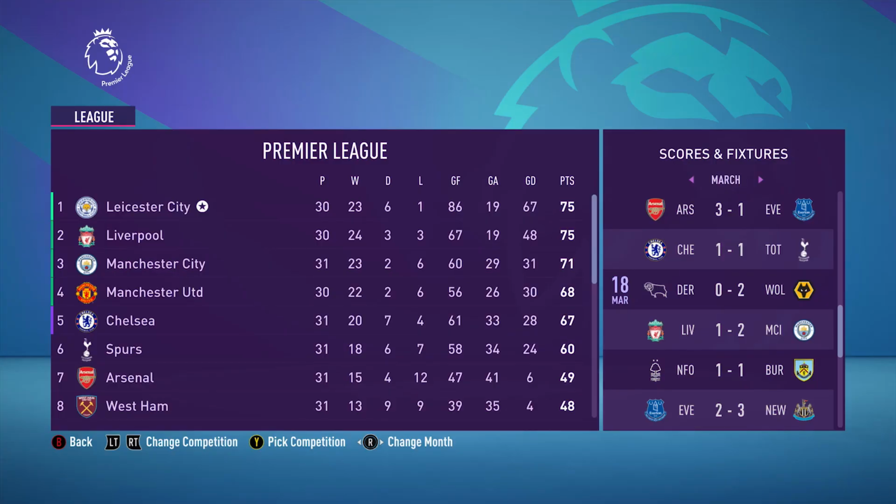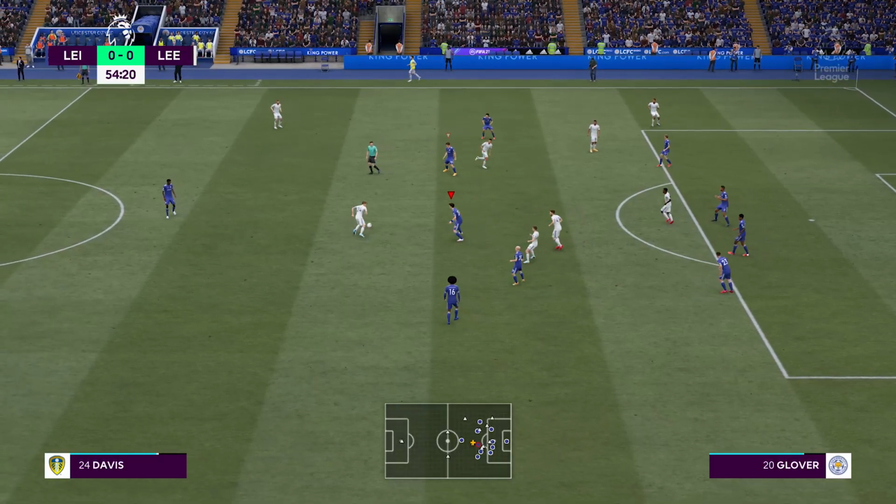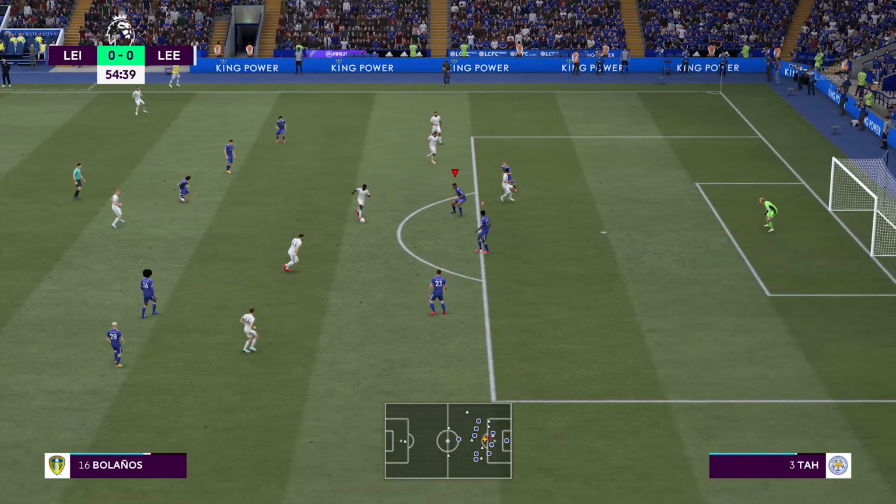And how about another table review as we are done with the month of March now? We have gotten it all the way back to us being league leaders thanks to the goal differential. Liverpool lost against Manchester City, and we luckily were able to capitalize on that. Next up, Leeds. The 20th place side gave us a bit of a fight that I was not expecting whatsoever,